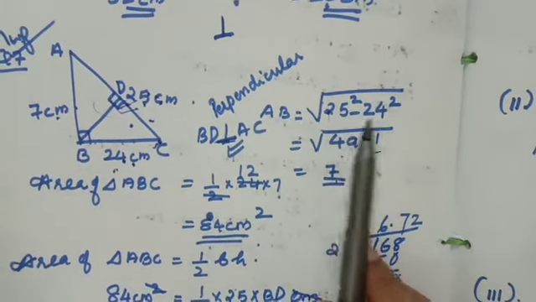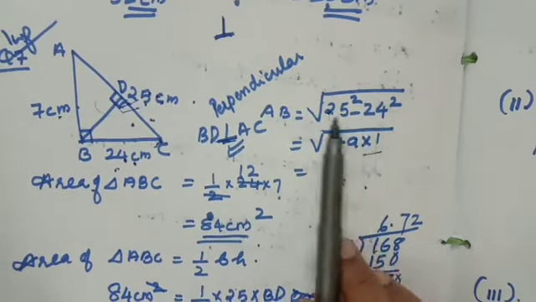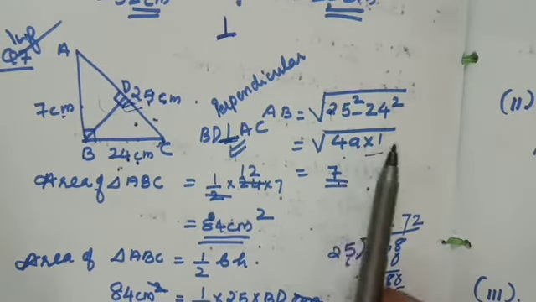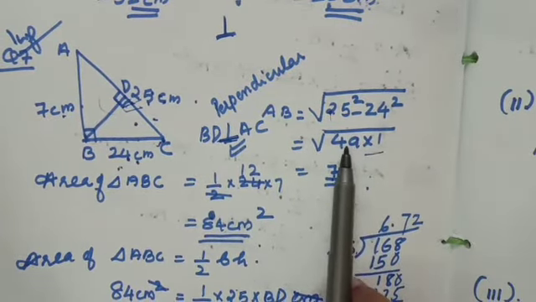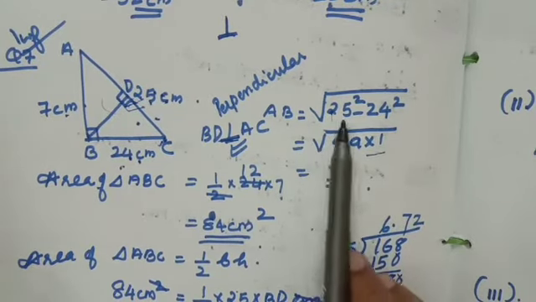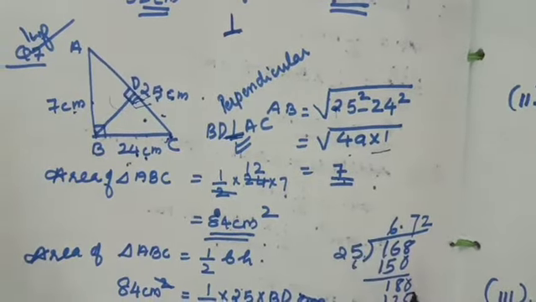I told you how to take out a square: first you add, after that you subtract and multiply. Square root of 49 is 7. That means which number multiplied 2 times gives 49? 7. So 7 is the square root. What we will read is that the square root of 49 is 7.